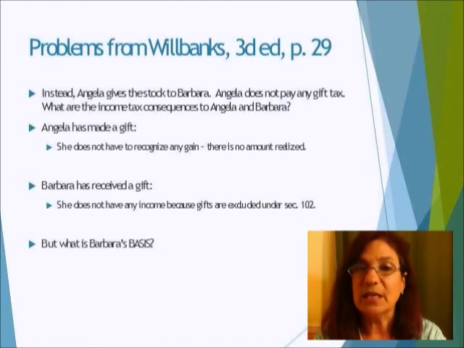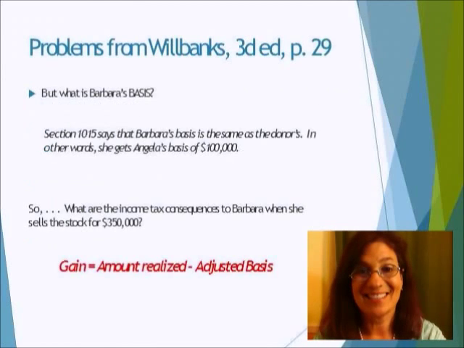Barbara has received a gift. And we know that under the income tax, gifts are excluded from gross income under section 102. So Barbara has no tax consequences at this point, except that she has a basis in this property. And we need to figure out what that is. Okay? So here we go to section 1015 instead of 1012. 1015 is the rule for basis for property received as a gift. And the general rule is that Barbara's basis is the same as her donor's. So in other words, she gets Angela's basis of